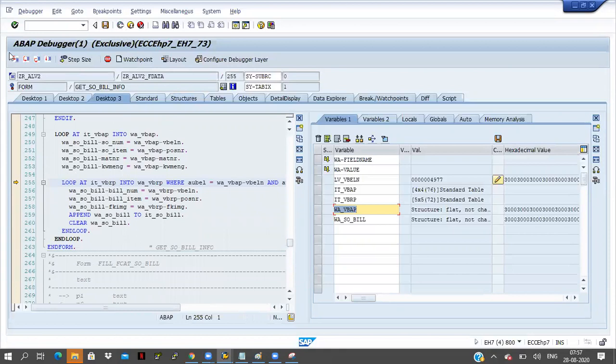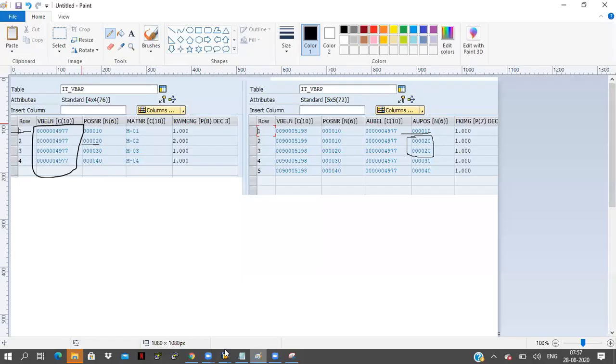Now click on the F5 button. I am looping the ITVBRP into the work area VBRP, and checking the condition here. First I am looping this internal table VBAP. The first record came: 4977 and item number 10.